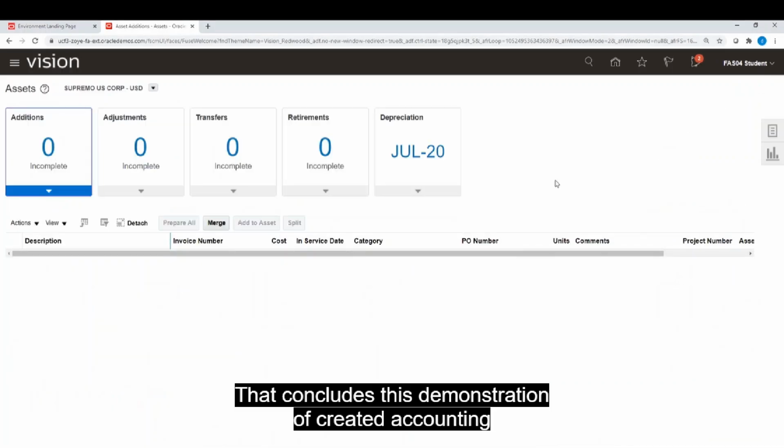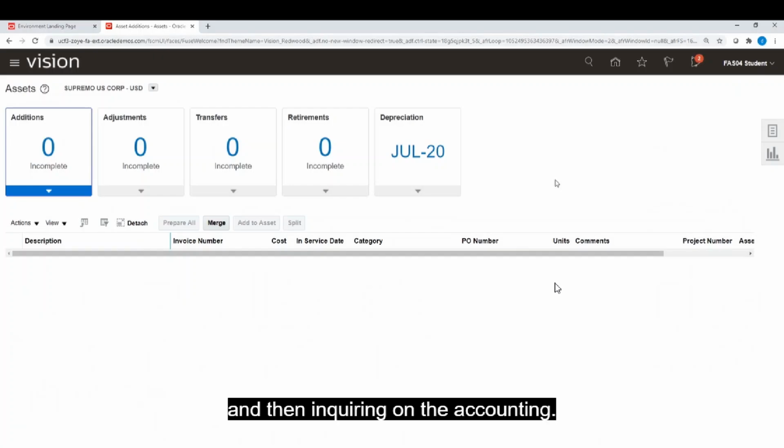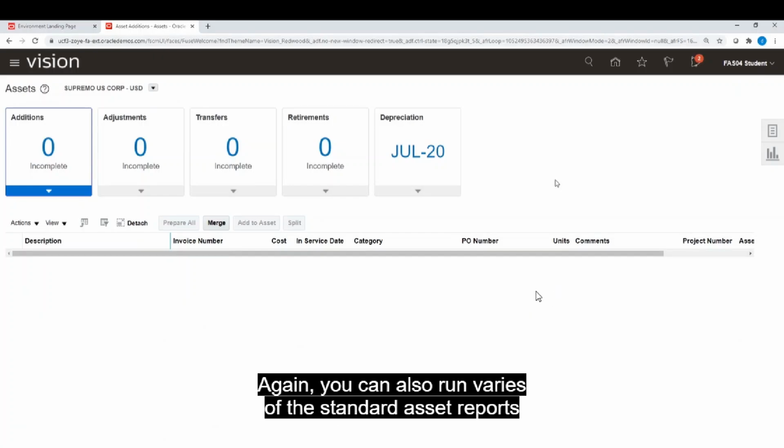That concludes this demonstration of creating accounting and then inquiring on the accounting. Again, you can also run various of the standard asset reports to help you with reconciliation or understanding the accounting of various